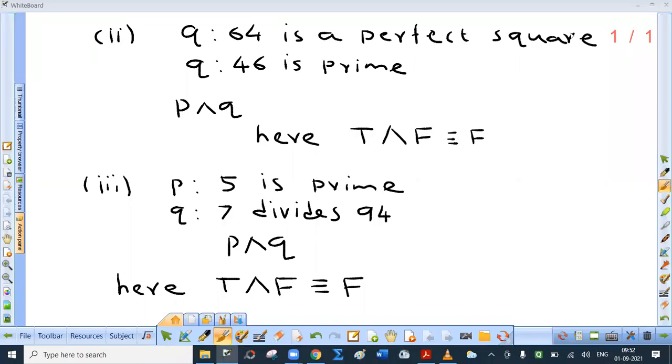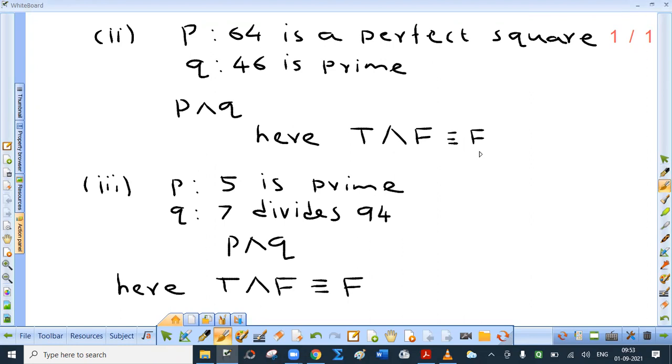Second, 64 is a perfect square and 46 is a prime number. Let P denote 64 is a perfect square. Yes, it is true. Q, 46 is a prime number. False. Now, given statement is P and Q, that is conjunction. Had it been disjunction, answer would have been true, but this is conjunction. So true and false, that is why it is false. In exam, after this, you have to say that truth value of P and Q: here P is true, Q is false, and then you have to say it is true and false,